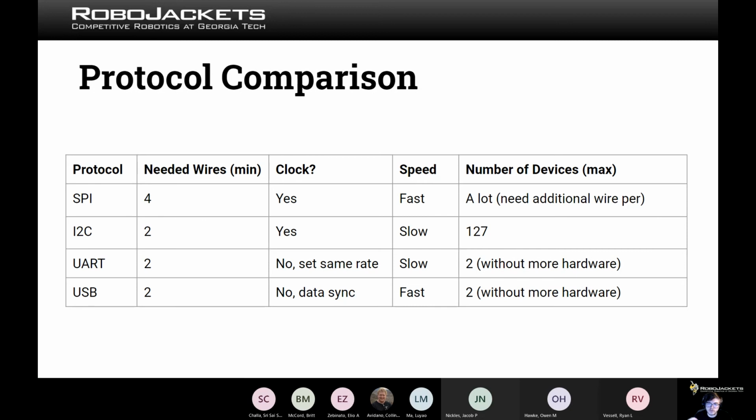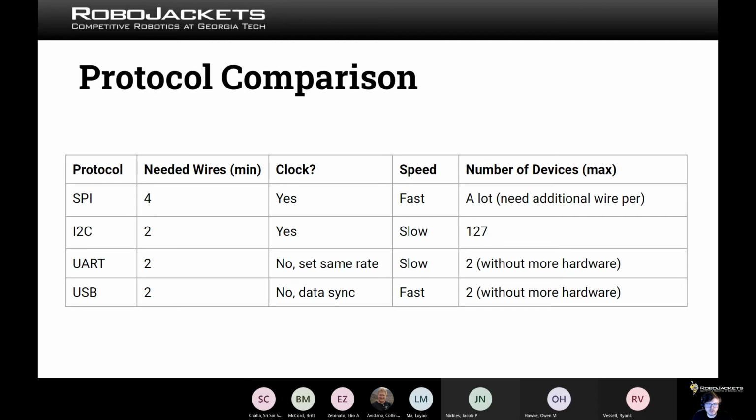If 2 people can talk at the same time, in theory, the information can be conveyed a lot faster than if one person talks and then the other person talks, right? Same exact deal with communication protocols. And in theory, you can have a lot of devices on your SPI bus. However,